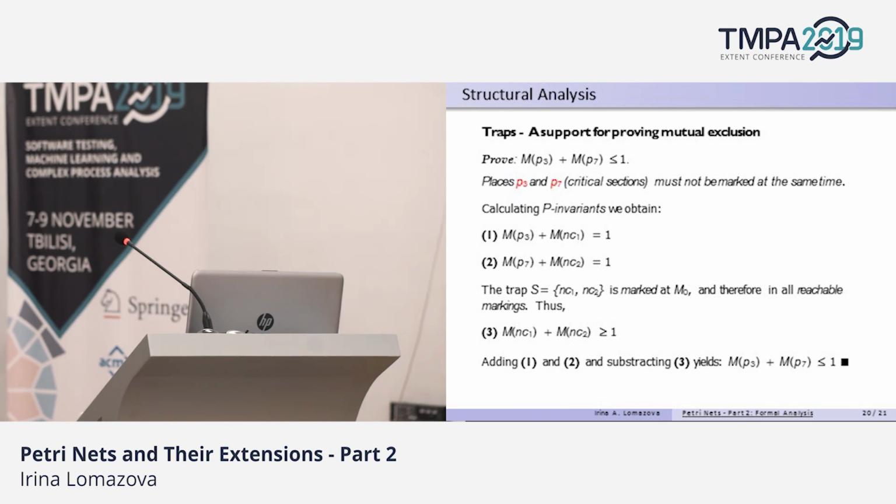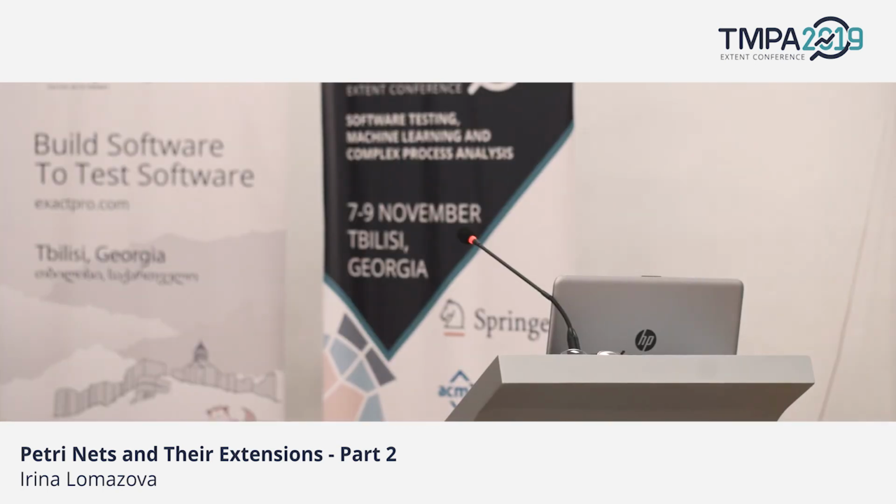So you see that there are some techniques for analysis of the Petri net structure and deducing some properties with invariance, place invariance, but